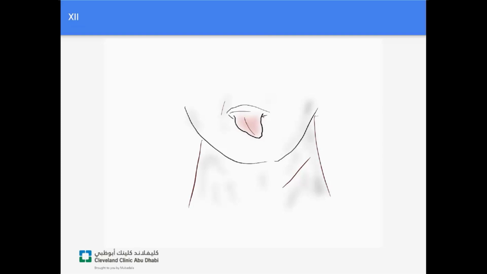When it's injured, the patient will have the tongue protrude towards the side of the injury, and so a midbrain stroke will cause paralysis in the direction away from the carotid artery, and so people sometimes mistake this for signs of a stroke. In fact, it's signs of a 12th nerve injury.